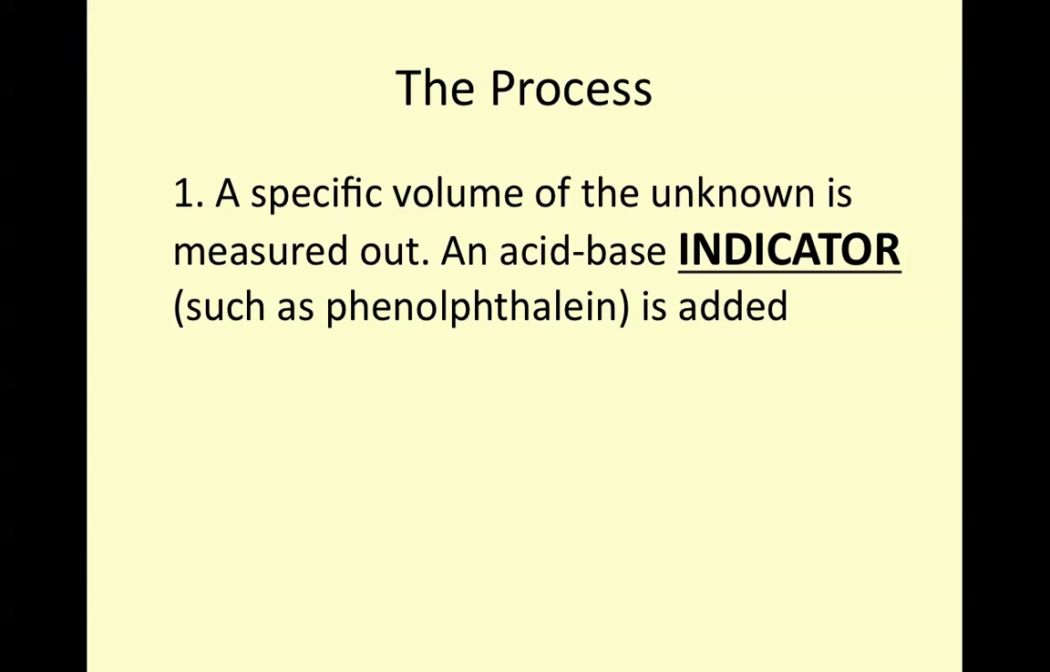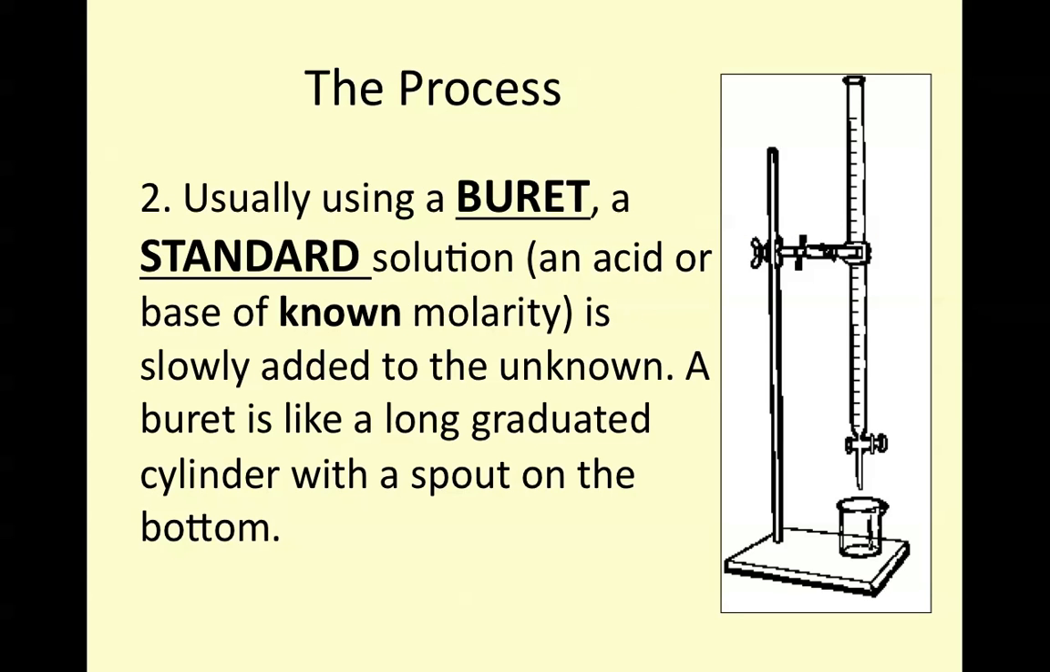Now, the actual process or procedure for this, we're going to walk through, and this is what we're going to be doing in a lab at the end of next week. We have a specific volume of unknown that's measured out, and we add an indicator, such as phenolphthalein, to this unknown. And then above it, so this would be our unknown down here with the indicator, and then in our burette, which is this piece of equipment that's clamped to a stand, we add what we call